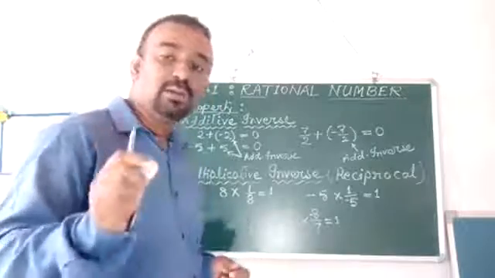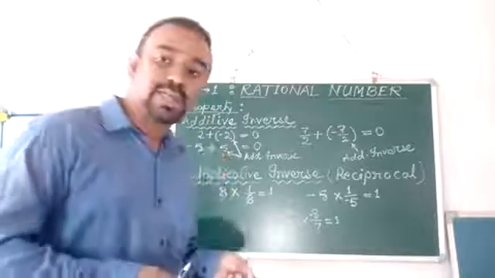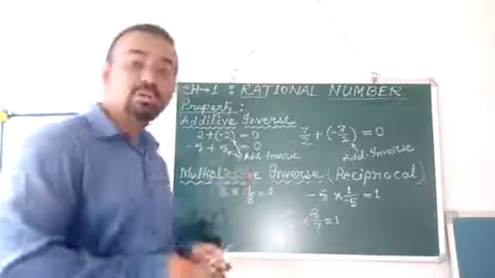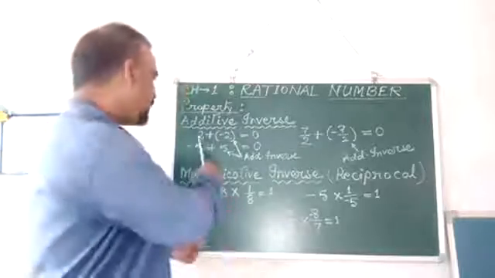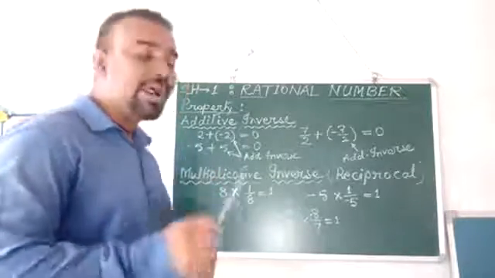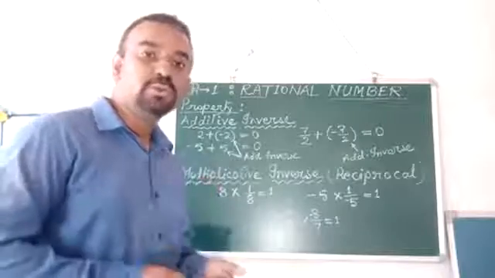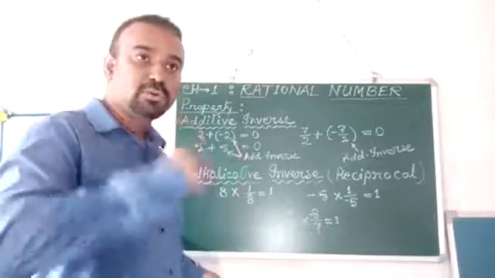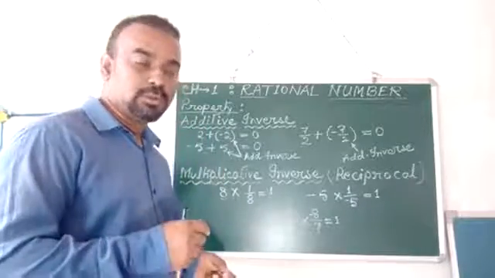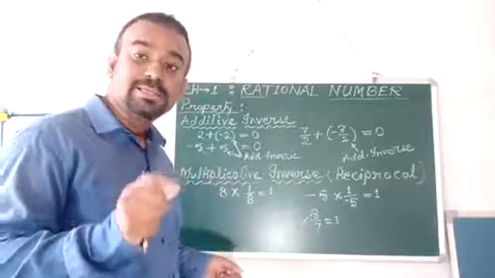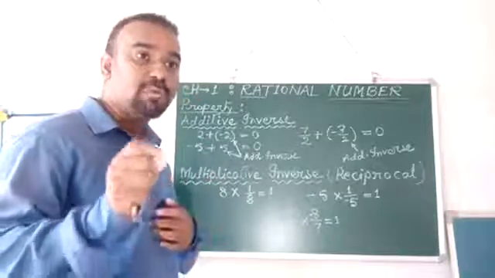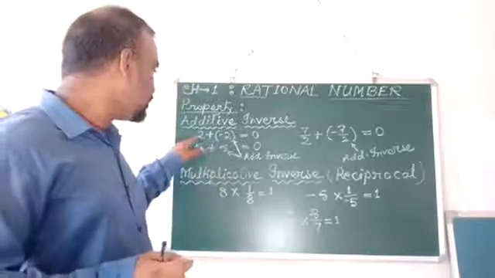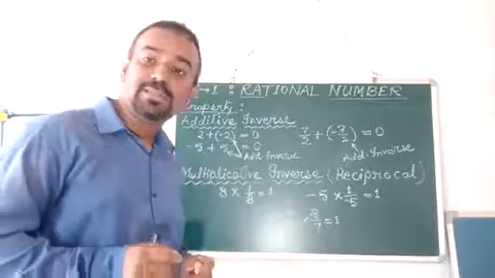We will have a look at some of the examples that I have done here. First of all, I took an example of a whole number. The whole number was taken as 2. What will be the opposite to 2? If you see the number line, the number which is just opposite to 2 is -2. Since the name is additive inverse, you have to add -2 with 2 to get a result of 0.